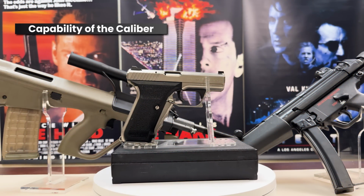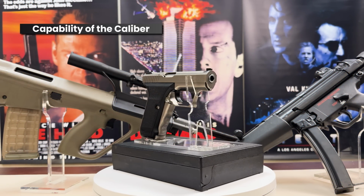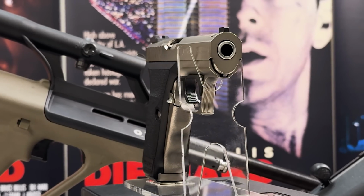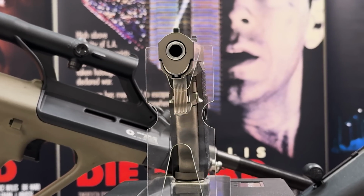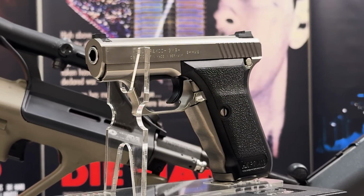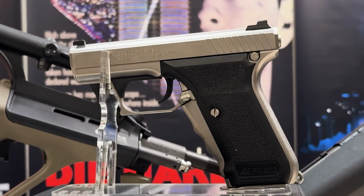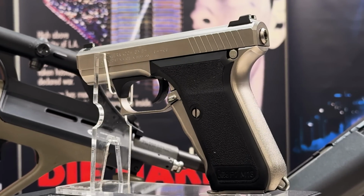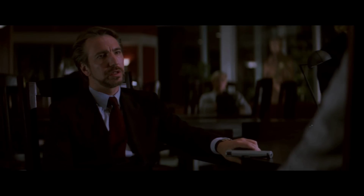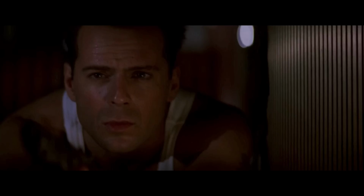The second category examines whether the impact of the shots fired matched the realistic effects of the firearm's caliber. For example, while a 12-gauge shotgun might knock a person backwards, a 9mm round is not going to send someone flying. Only 2 of Hans's bullets impact a person, and we don't see the second one, only hearing the report over the radio. The first, however, is where Gruber shoots Takagi in the head after he refuses to give him the safe codes. There is a huge blood splatter that impacts the glass door and the wall that is several